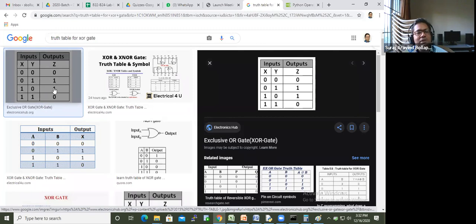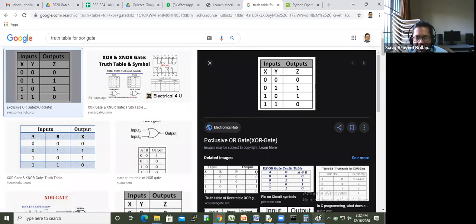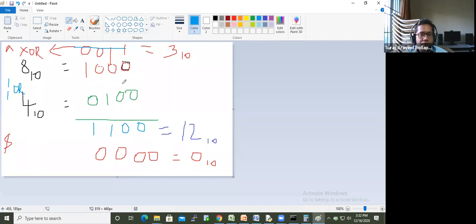When they are different, output is 1. It is the reverse of what I said. If I apply the same thing here, when both are same, output should be 0, and when they are different, output should be 1. In this example, 8 and 4, whether you use OR or exclusive OR, you are getting 12 as the answer.